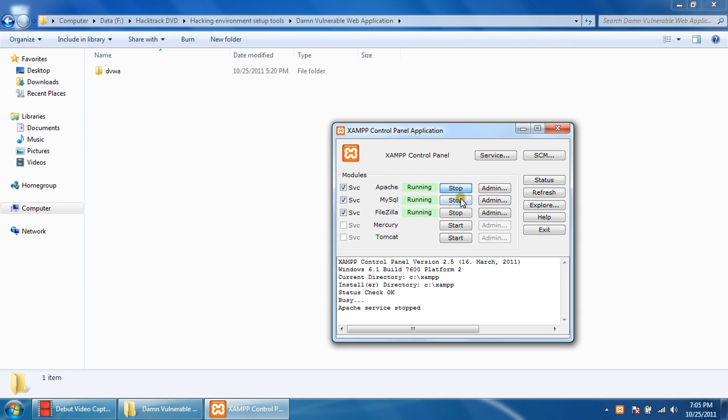You can stop the server and you can start the server. So after changing any configuration, we need to restart the server. Remember, we have to restart the server. And another thing is